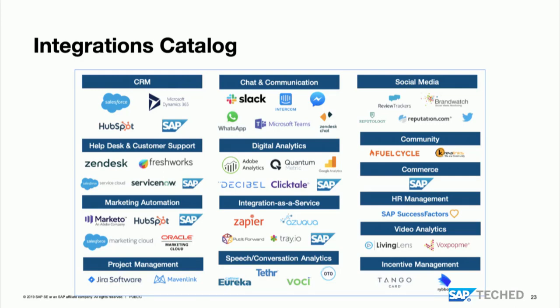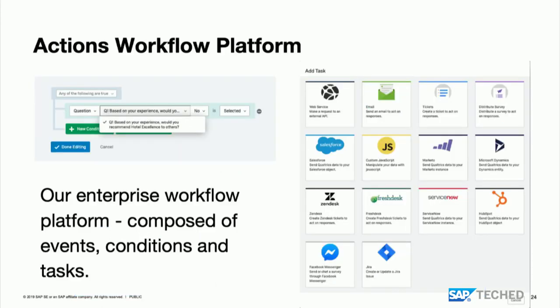But they're things that we have created integrations for using web service elements or other mechanisms with the Qualtrics platform. And so it's incredibly flexible and very powerful to see that you've got a large variety of different SaaS platforms that you can integrate with. So here are the first-class citizens, as I mentioned here. You can see a large variety here, email tasks. We've got Marketo on there, Facebook Messenger, some examples of things that we can do today in integrating the Actions